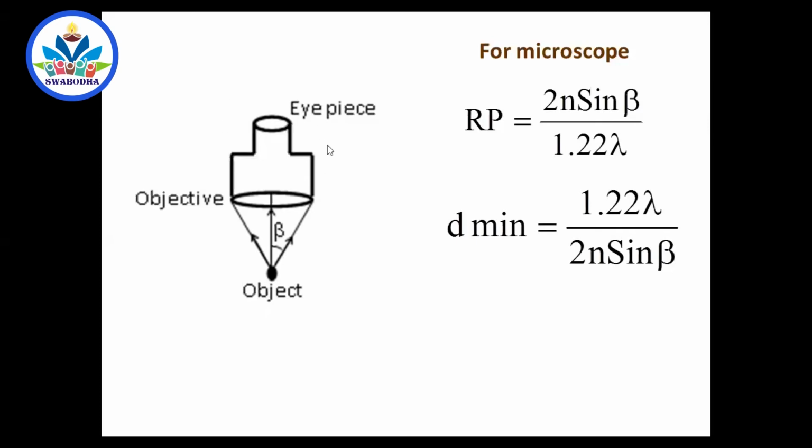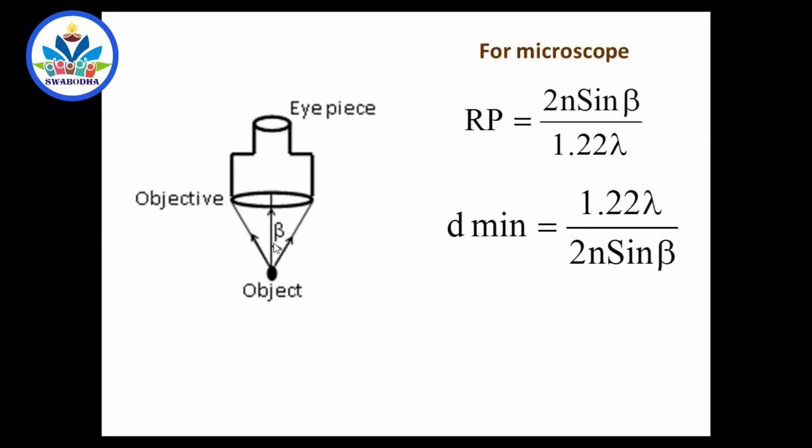So this is a microscope symbolically, and this is the object. There is a gap, and through the gap rays of light must enter. They should come into the lens and they make a cone. What is the semi-vertical angle? Semi means half, that is beta. Another thing, sir, what is this gap? That gap may be filled with air. In some microscopes, that gap may not be left empty and may be filled with oil. Let us assume that there is a medium here, any medium.